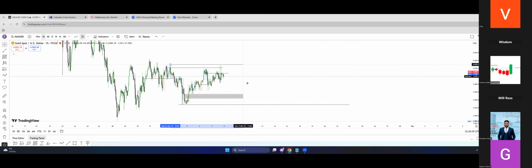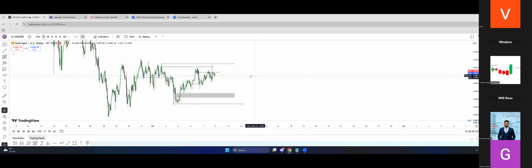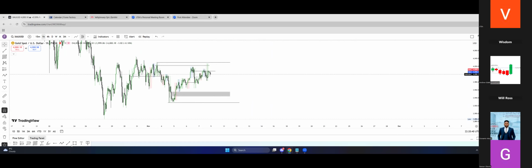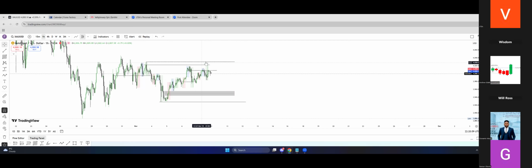But we have this high and this low as liquidity. So the reason why I'm telling you guys that I would like price to manipulate the high first is because if you look at this high and this low, this high is the nearest draw on liquidity. This downside is way far away, which means I don't know how gold will perform this week, but we might seek liquidity up here to now move price down.